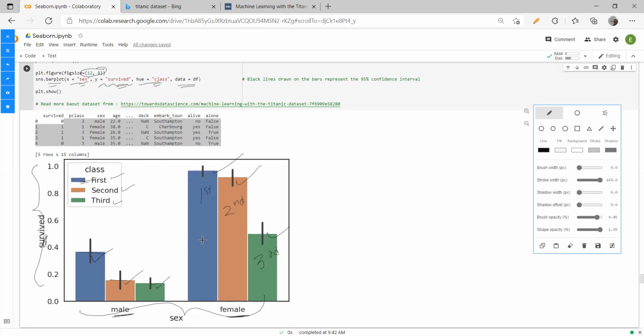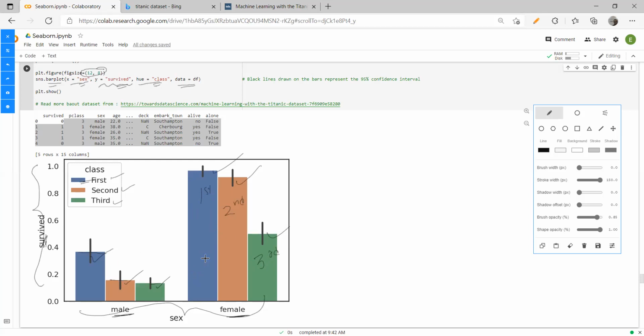Clearly, the graph is bigger, right? So by this, you can have an intuition that whether a person is going to survive or not will also depend on the gender. Obviously, they will rescue females first. So it's a fairly obvious observation, but looking at the graph, you should be able to make it.